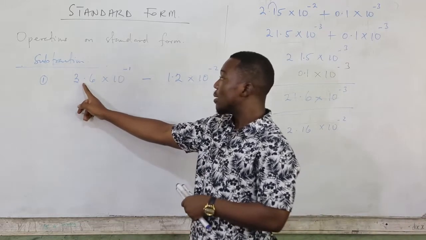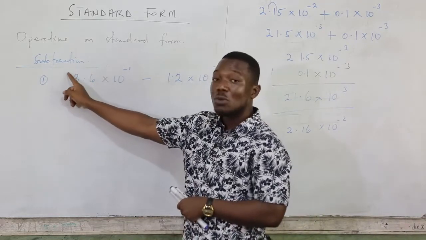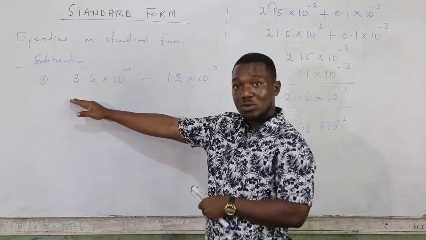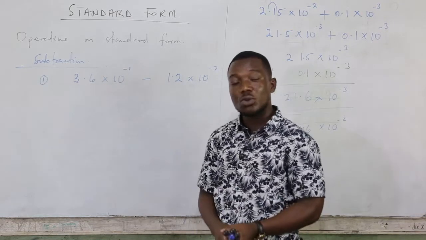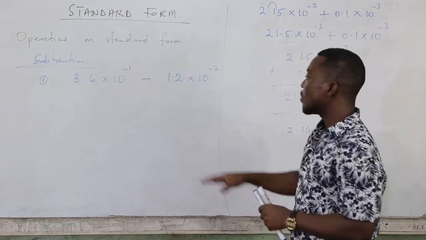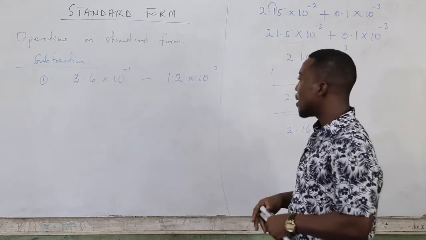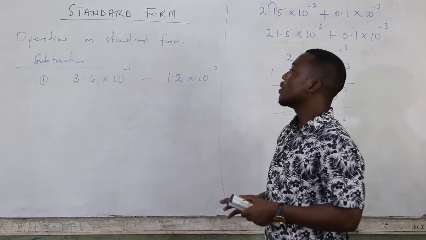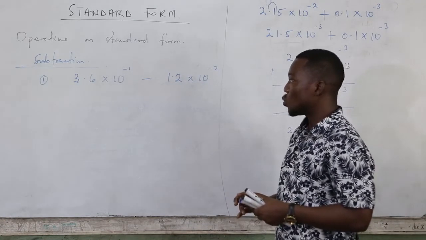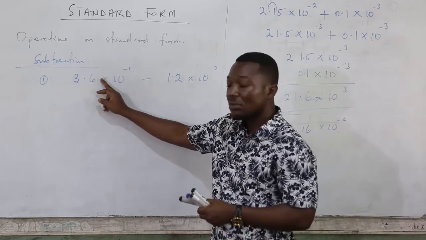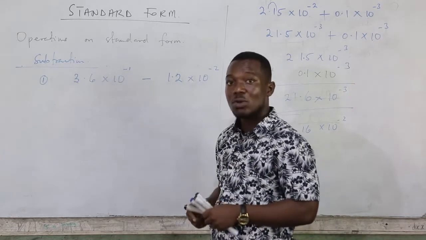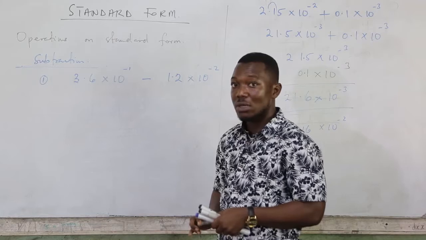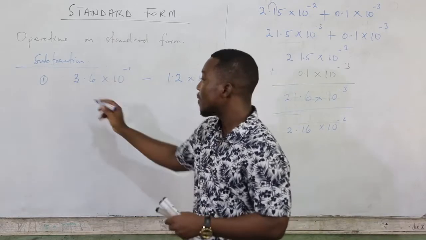This one, let's make it smaller. If it becomes smaller, it means the number was bigger. So it's also a lie. So what are you going to do? This one is also going to increase by 1. So now I want to make them the same. We have 10 raised to the power negative 1, 10 raised to the power negative 2. All right, so which are we changing? I prefer to change this one to 10 raised to the power negative 2. So it means I'm going to go here. It appears bigger. This one will reduce by 1. When I say reduce by 1, minus 1 is minus 2. And that is what I mean by reduce by 1. So here we have